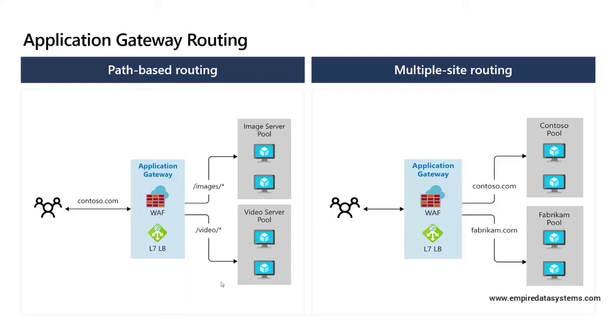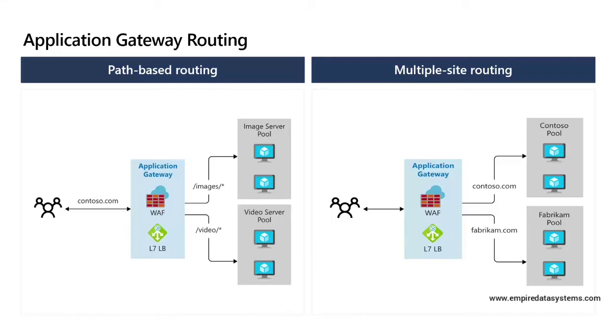So this part we can configure, and this is known as path-based routing. Now in the other part, which is multiple site routing, say inside your domain, you can customize your domain in such a way that if requests come to Contoso pool or another domain,